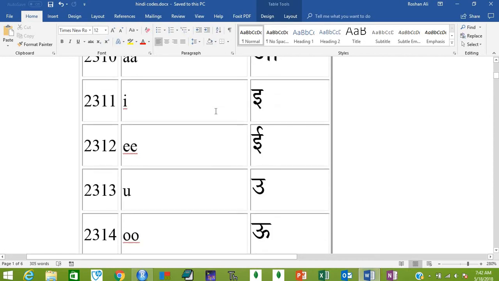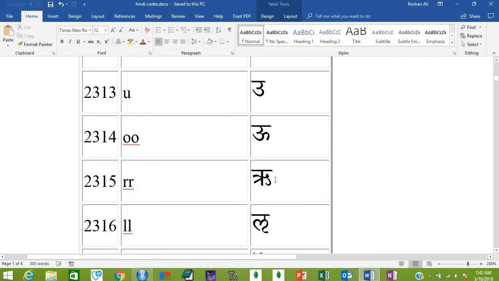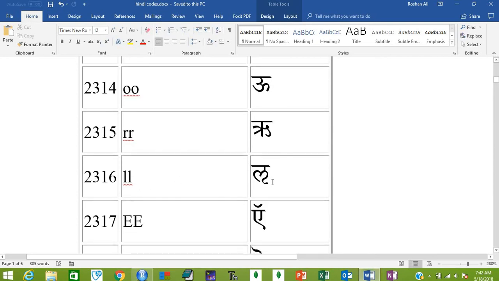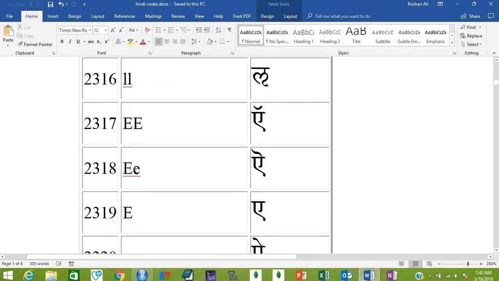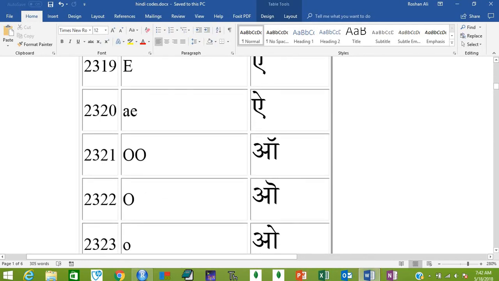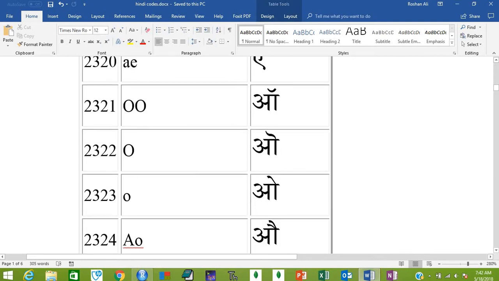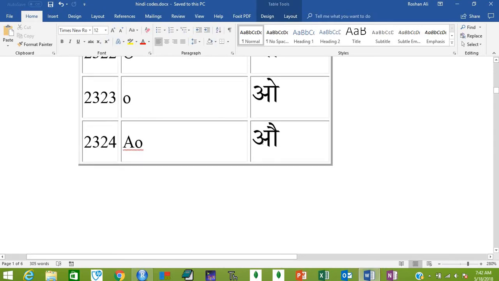So this is I for this character, double small e for this, small u, double small o, and double small r for this, double small l for this Hindi character, capital double E for this, capital E and then small e for this character, capital E, AE for this character, capital double O for this character, single capital O for this character, small o for this, capital A and small o for this character,